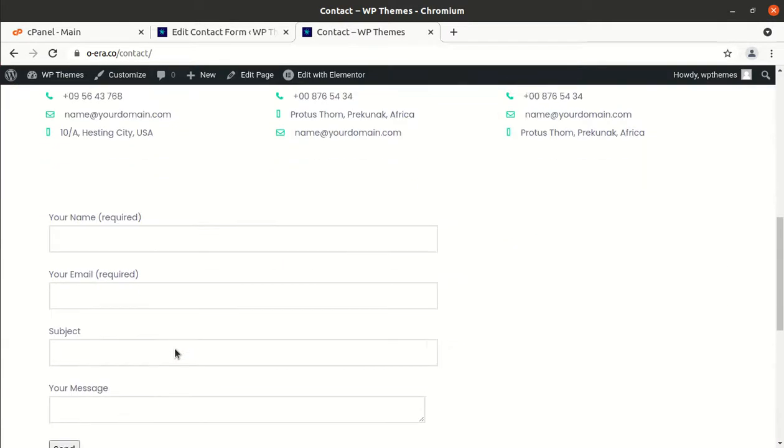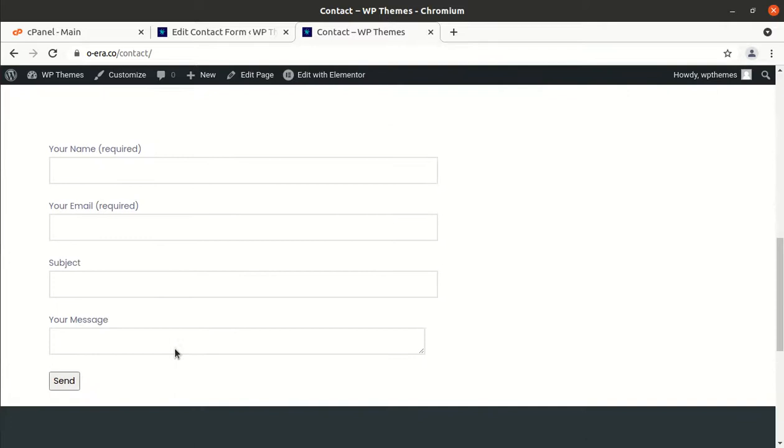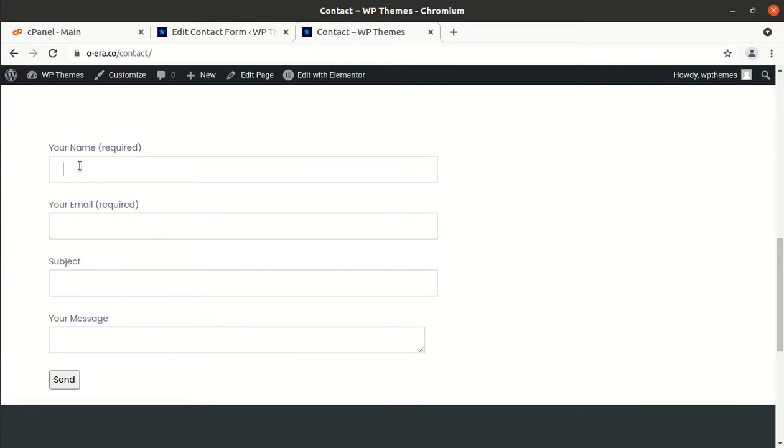Okay. So, this is the front end of that page using Contact Form 7, and as I showed you, it has simple fields: name, email, subject and message. This is the most basic Contact Form 7, which is available with almost every theme, because every theme brings a Contact Form 7 option.